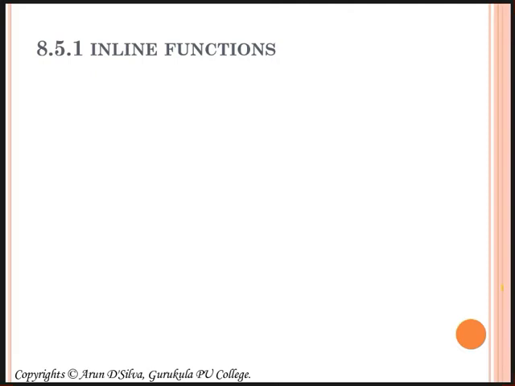Means, if any function you have to call in the main function, that function will be called. You have to pass the parameters, or it is not necessary, and your program execution control will be transferred to